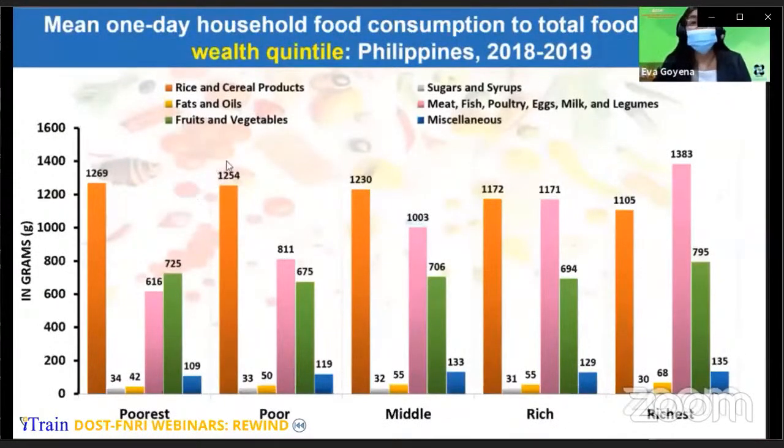Difference in the intake of major food groups is also noted across wealth quintile. Intake of, as you can see in the slide, intake of rice and cereals was higher among the poorest and poor households at 1,269 grams versus 1,105 grams among the richest households in 2018 and 19, while the intake of protein-rich foods, which include fish,